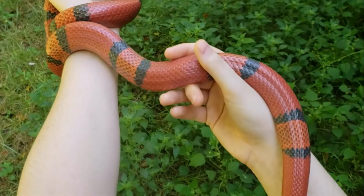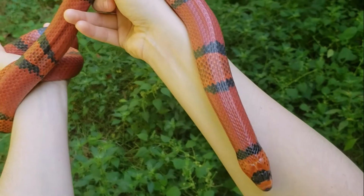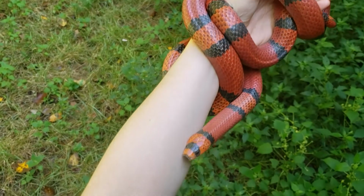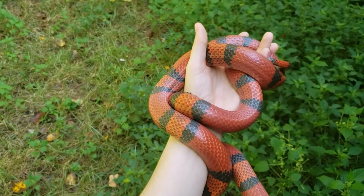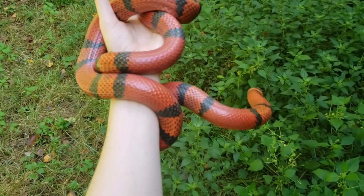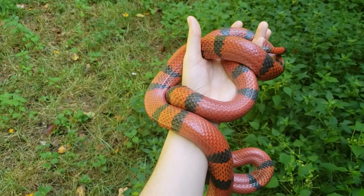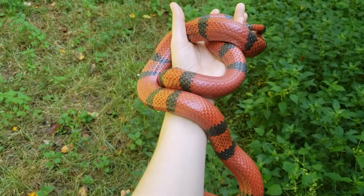She is thin, like I said, right now, but she's also regained a lot of weight back pretty quickly. She's also going into shed just barely here, so she's not quite as bright red as she usually is. Her bands are usually a really dark gray. They're not quite black, but they're really dark gray. So they also look a little bit lighter than they typically do. But yeah, she's a real